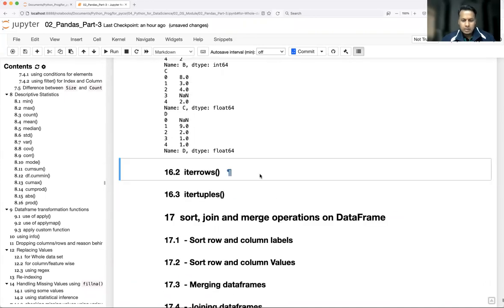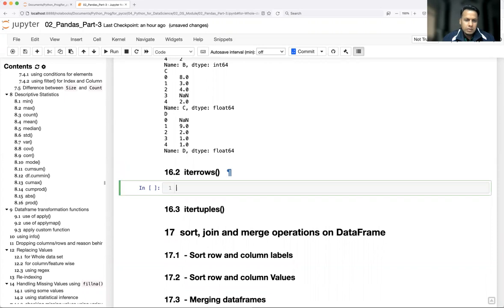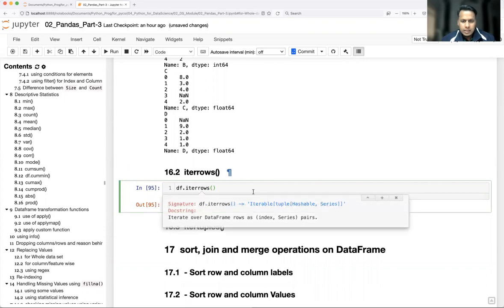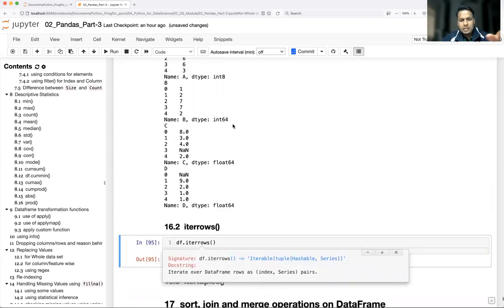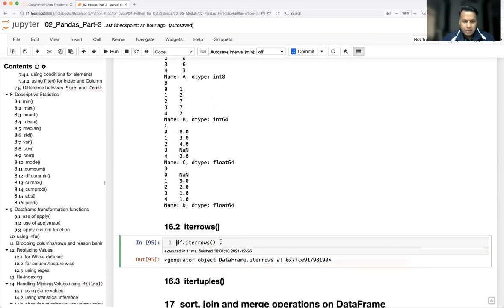Now let's talk about iterrows, what it does. Whichever way you want, based on the need, you can use iterrows, iteritems, or itertuples. So df.iterrows, what it does is return index and series. iteritems was over columns and their respective values, and iterrows, as the name suggests, is going to take each row.